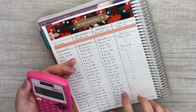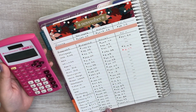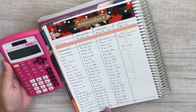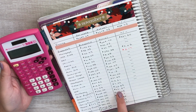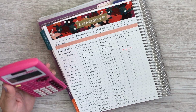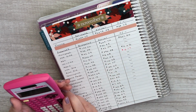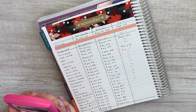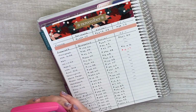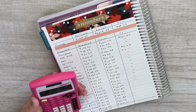And then we're going to be under budget on quite a few of these. As you can see, originally we thought our credit card wasn't going to be paid off in full. We ended up paying it off in full by being so under on a lot of these categories, which is awesome. Plus that little bit of extra income, of course, helped. So for bulk buys, we were under by